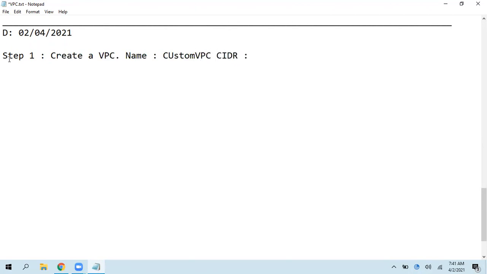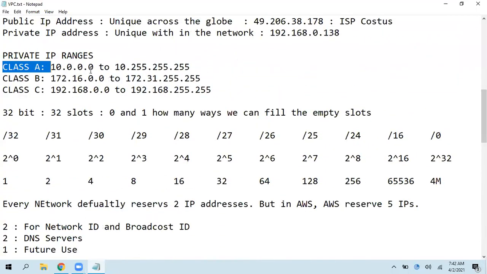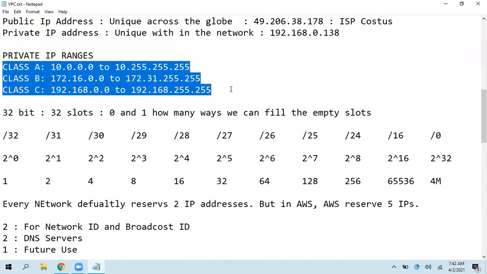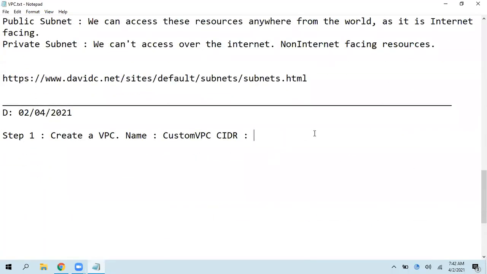When coming to the CIDR block, you need to pick any one from these three. You can choose any one. I'm going to take 192.168.0.0/16 as an example. As you are aware, /16 means we are going to get 65,536 IP addresses, minus 5, 531 usable IP addresses.